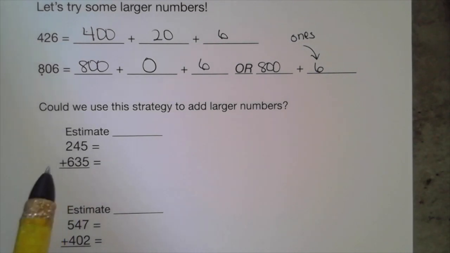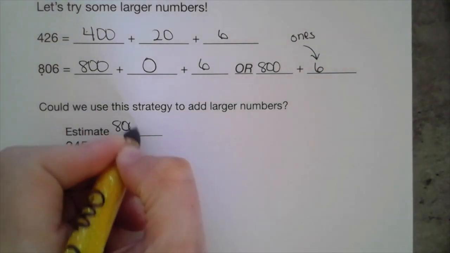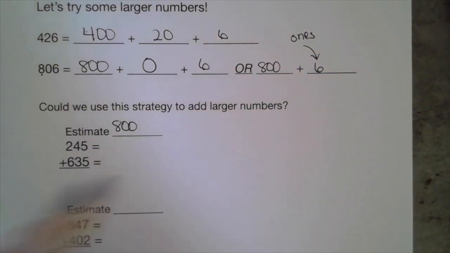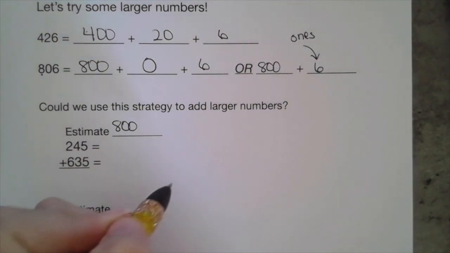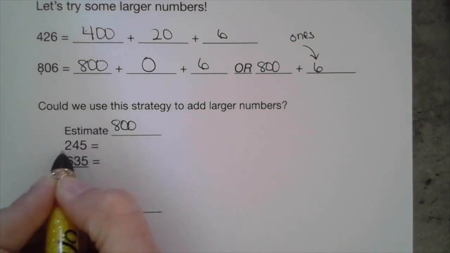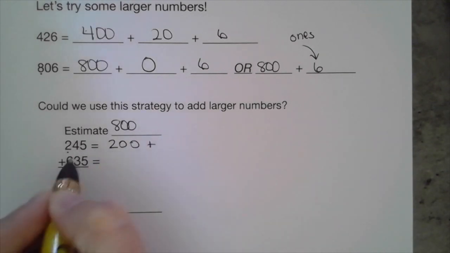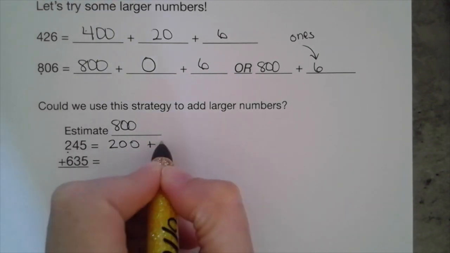So in my mind, I'm going to estimate this. Okay, so 245 would estimate to 200. This would estimate to 600. So I'm going to estimate that as 800. Okay, now I'm going to break these numbers down into expanded form and actually use that to add. So 245 in expanded form, this is worth 200 plus 40